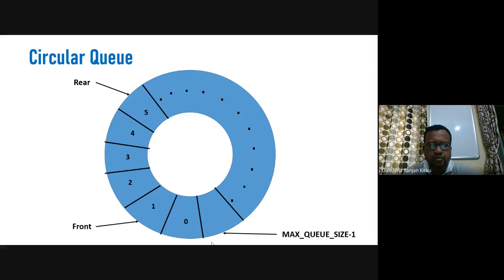However, some positions will be found available at the beginning, because some elements are deleted from the beginning.